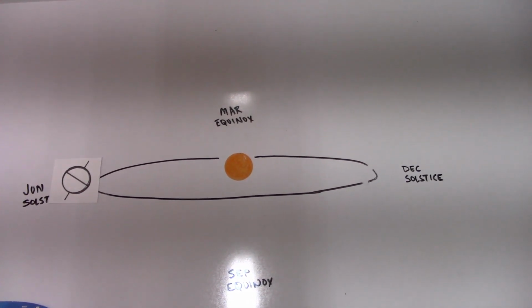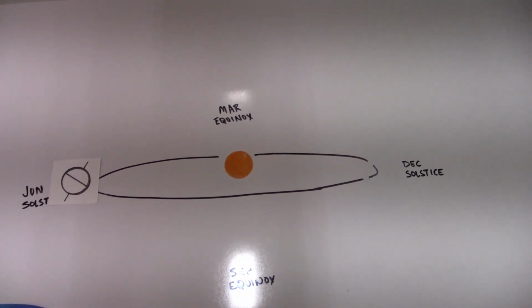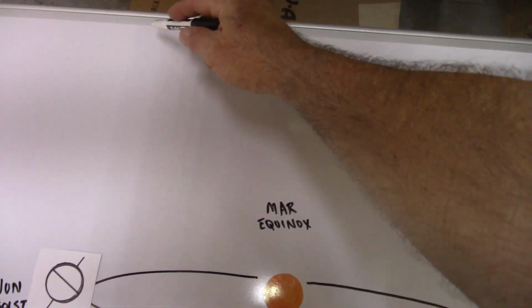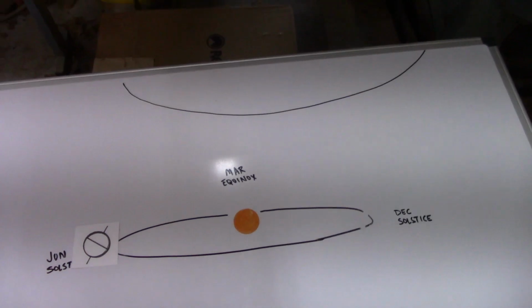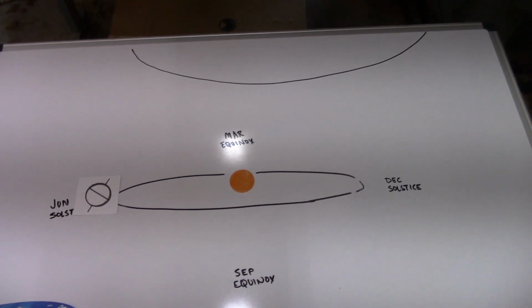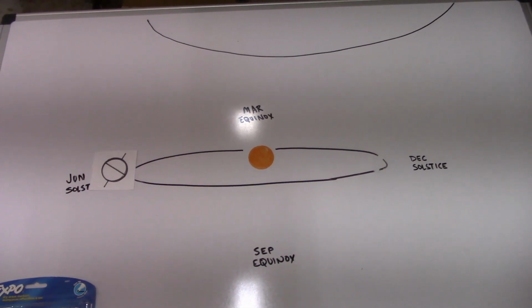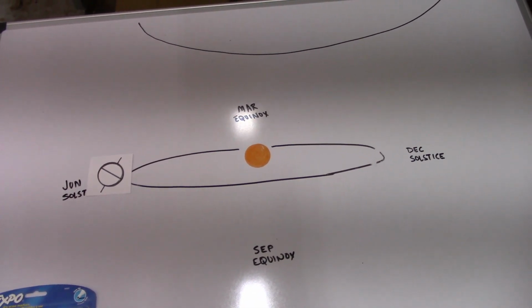It could be pointing at a billion different stars if everything's so far away. So what it really shows is that Polaris is as big as the diameter of Earth's orbit,